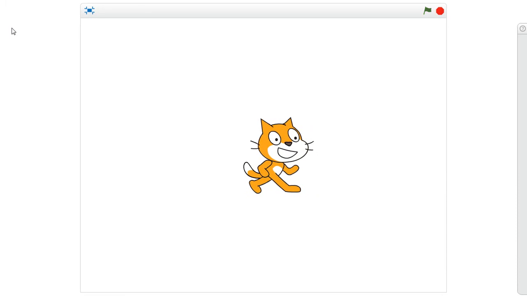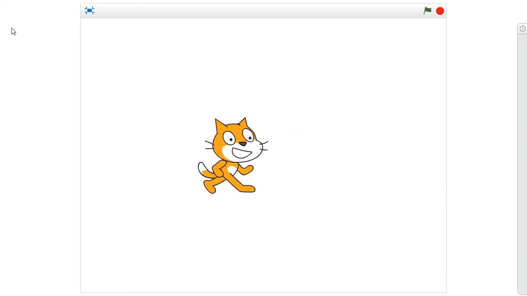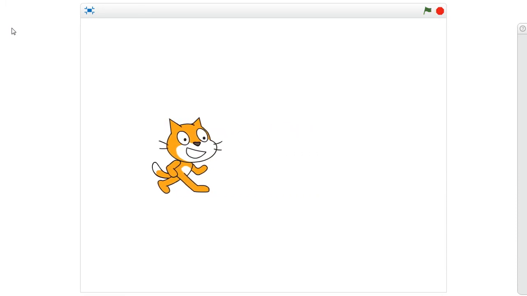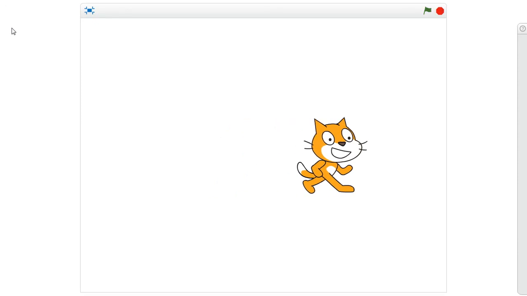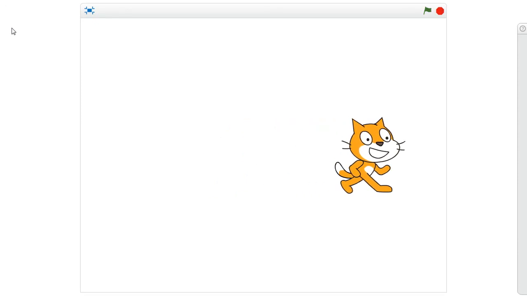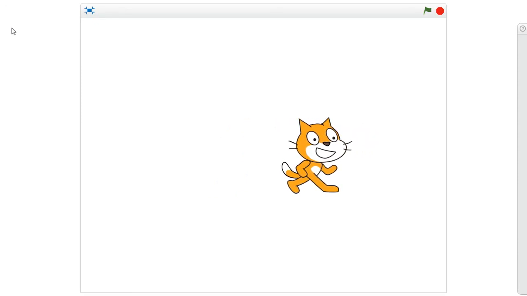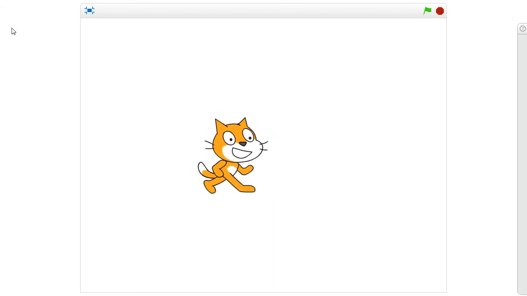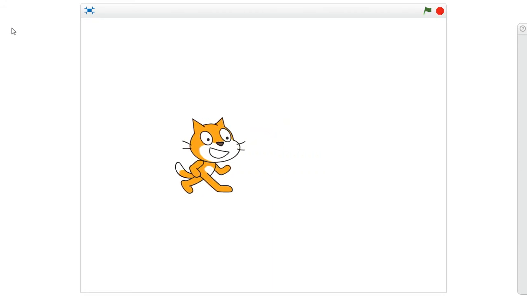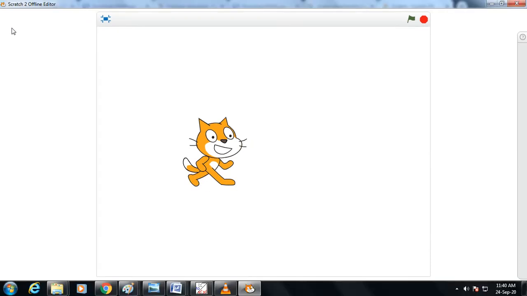As you can see, your character is moving backward. If you are pressing the right arrow key, your character is moving in the right direction. If you are pressing the left arrow key, your character is moving in the left direction. This is the simple coding through which you can start and understand. I hope you all have understood.